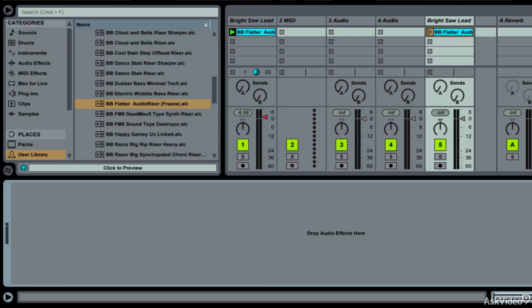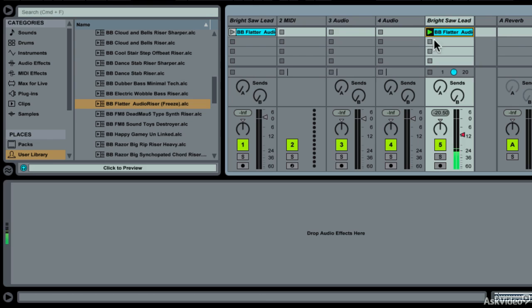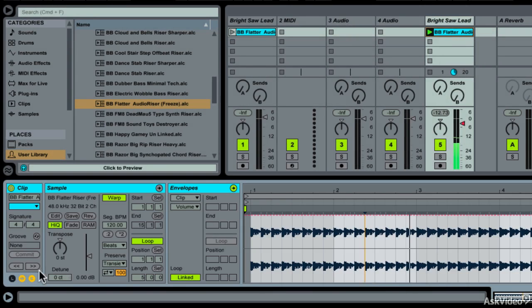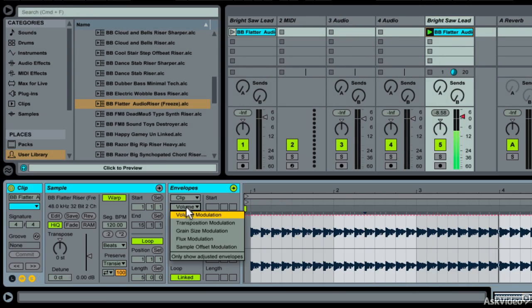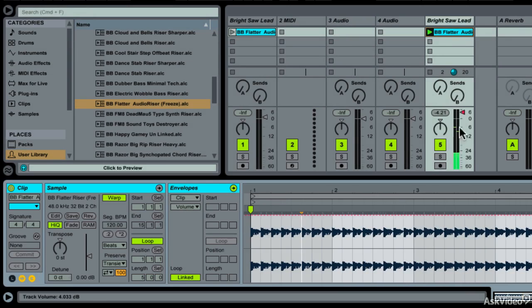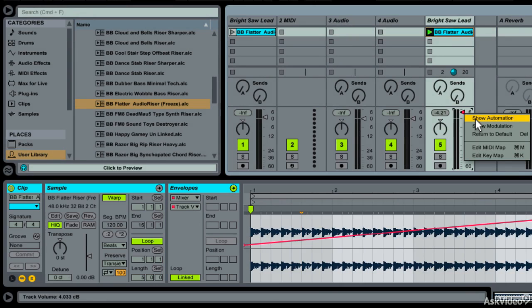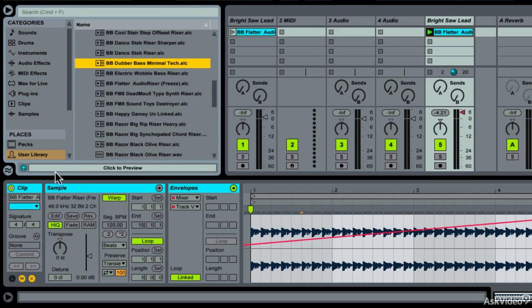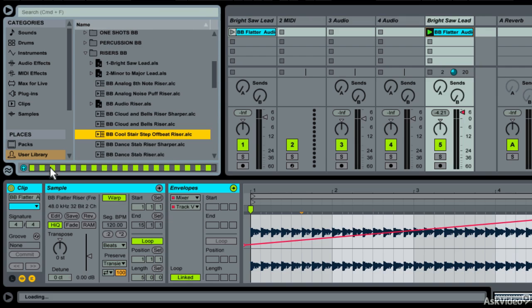See, there's no MIDI instrument with that. And you can see that I have put clip automation into it, and that is what that red button indicates, which is clip-based automation, which you can see here. It says show automation. Now you can see it. Cool. That's risers, and you can just really get creative with them. I like to use patterns